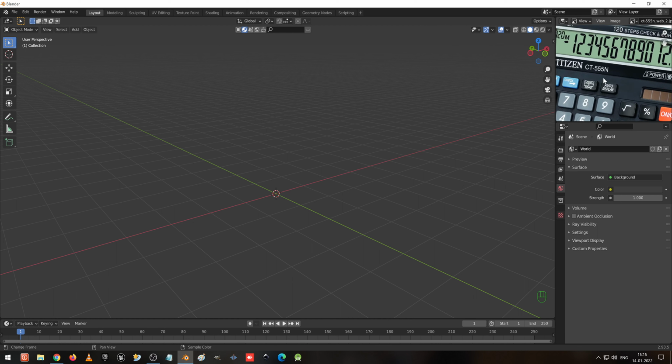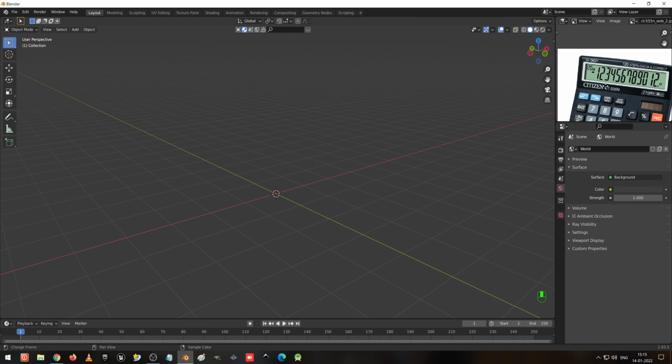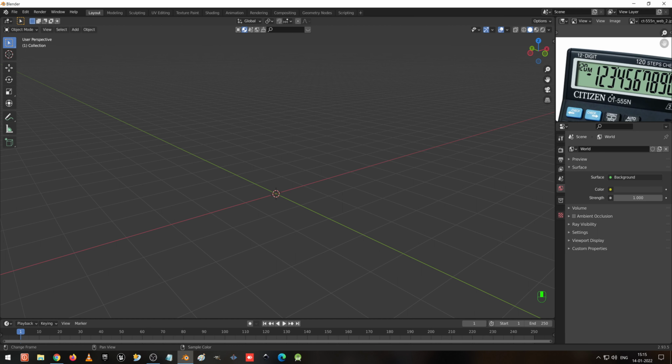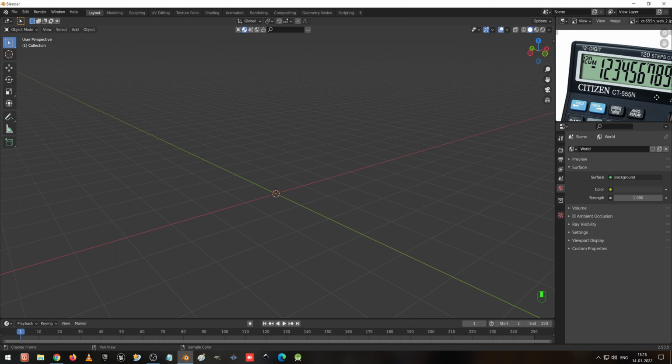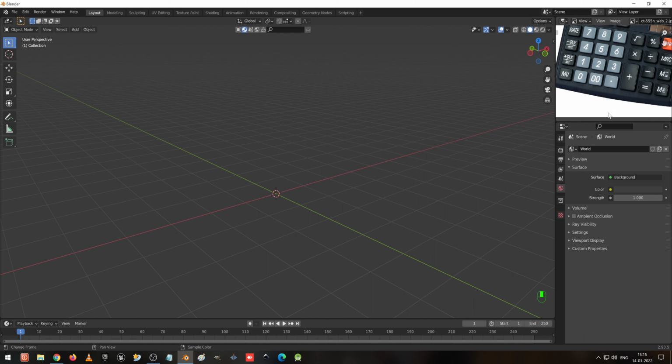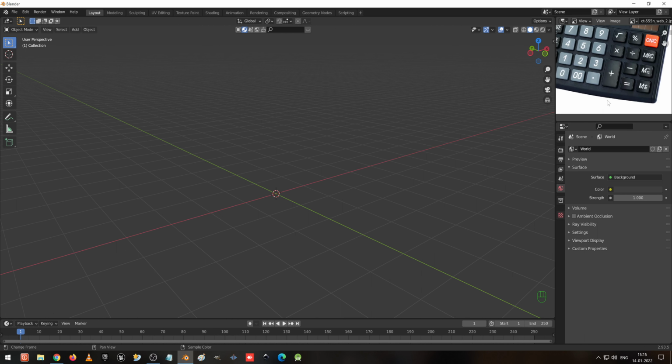Okay, zoom in, scroll out, middle mouse to drag. So you can see the piece is coming a little bit up, and this corner is smooth, and all those corners are smooth. Okay, so we are going to model as per that.